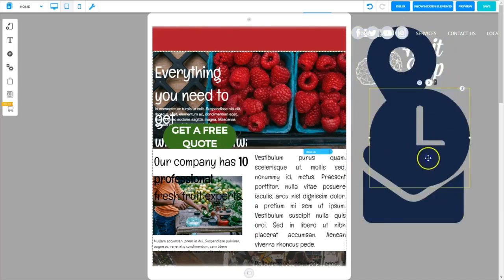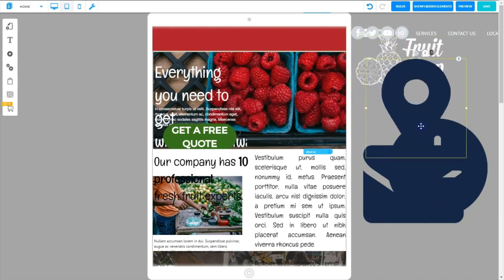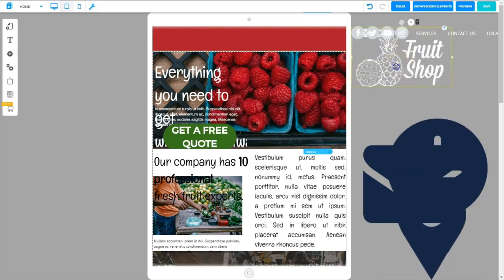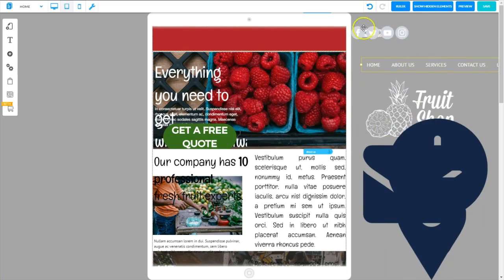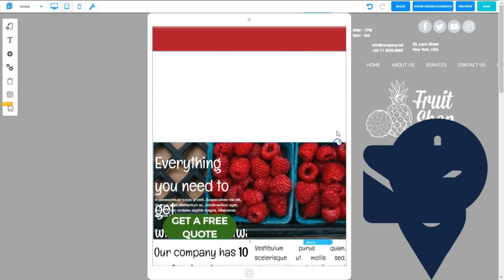We have our icons here that are very, very large. We have our logo, our anchor menu, our social media network bar, and we have these text boxes that contain the information. So the very first thing we're going to need to do is take this top banner here, and we're going to pull it way down, just like that,